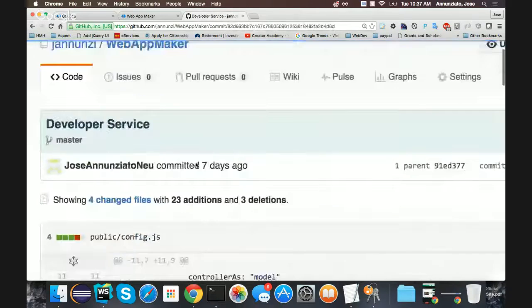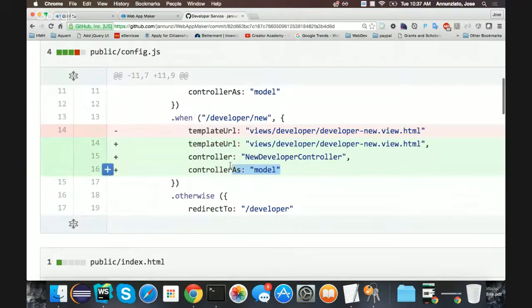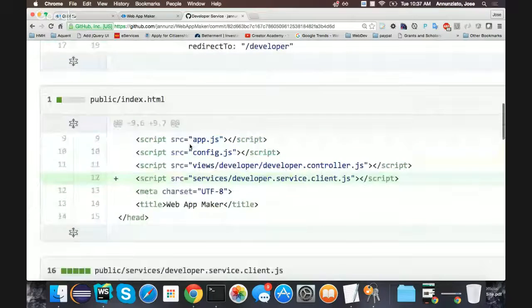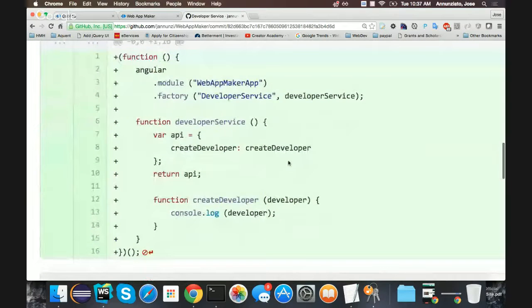I declare the controller in the template, but then I declare a client service, which is going to take my brand new developer and send it over to the server. Remember